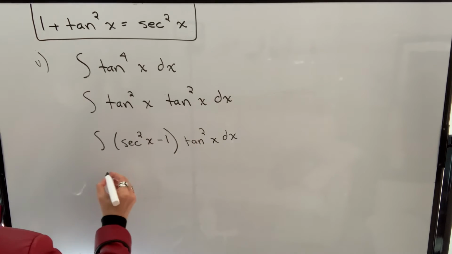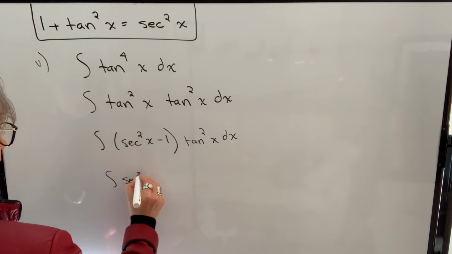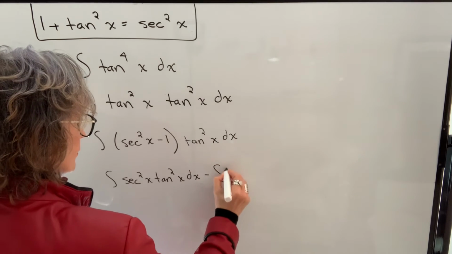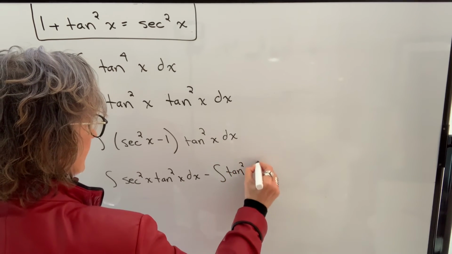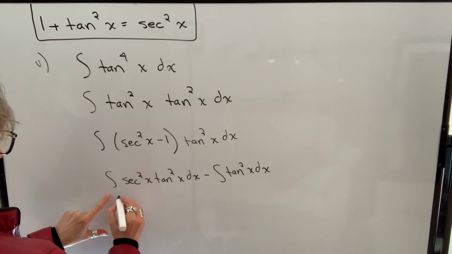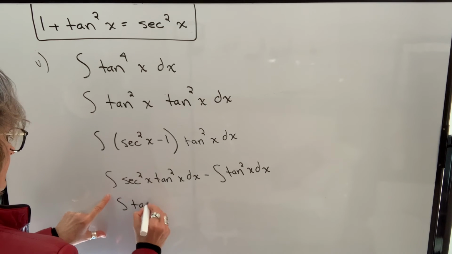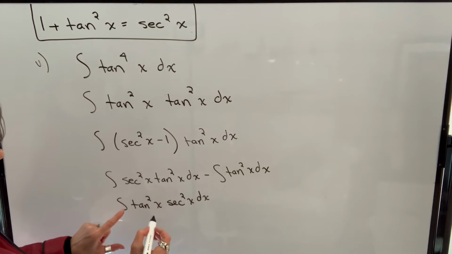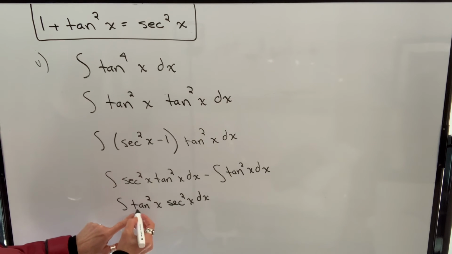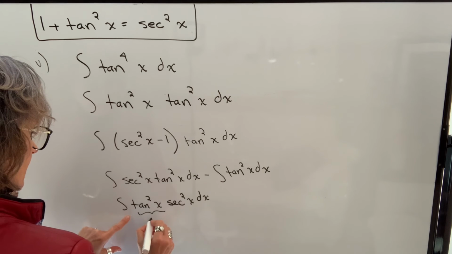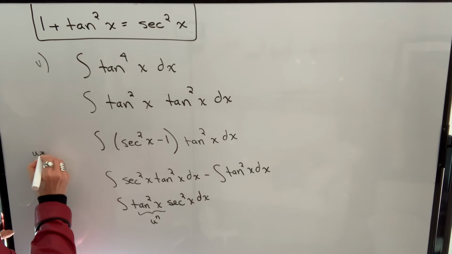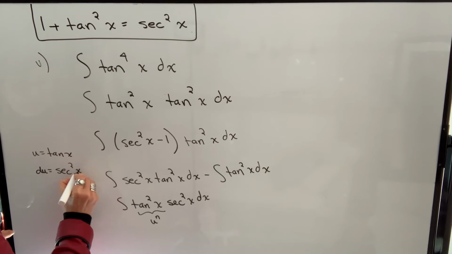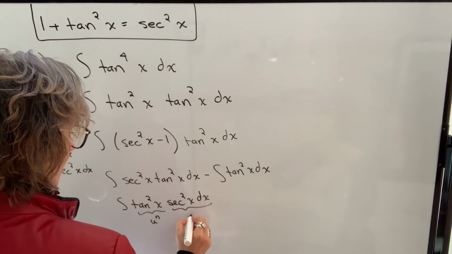Now I'm going to break this up. So that's going to be the integral of secant squared x tangent squared x dx minus the integral of tangent squared x dx. I'm going to rearrange the order here, so it will be tangent squared x secant squared x. The reason I'm doing that is because I know that the derivative of tangent is secant squared. So now if I take a look at this term, this looks like a u to the n, where u is tangent of x. So the du factor is secant squared x dx. So I do have a pattern that will fit